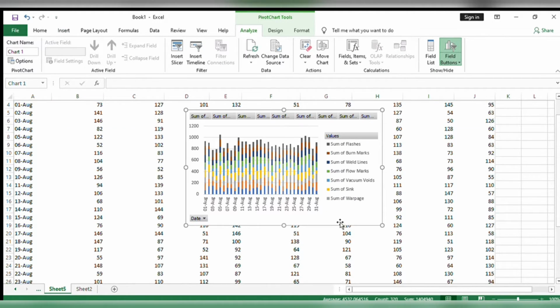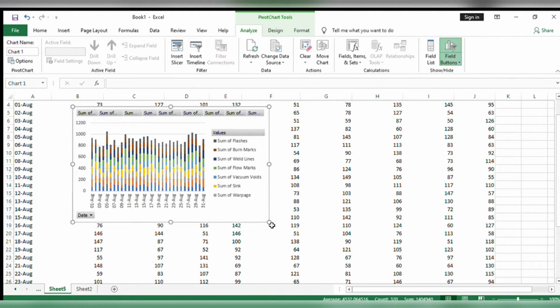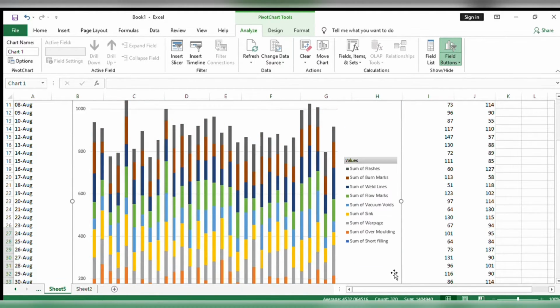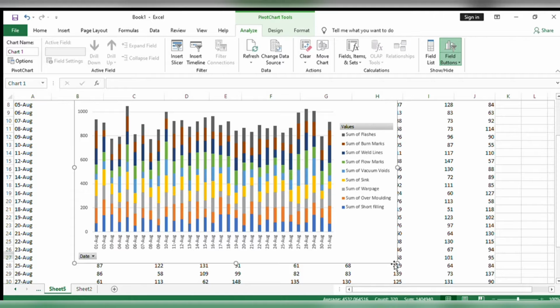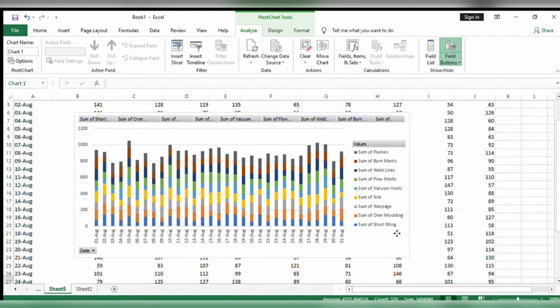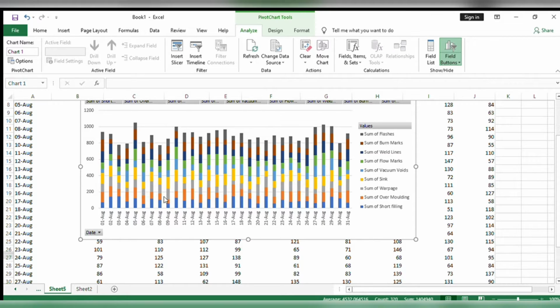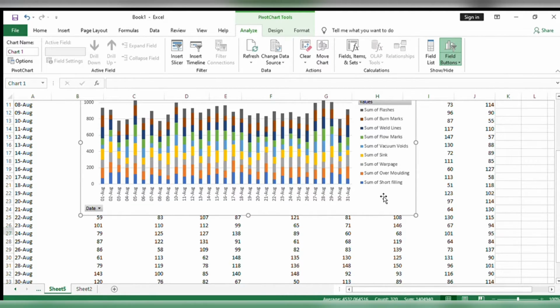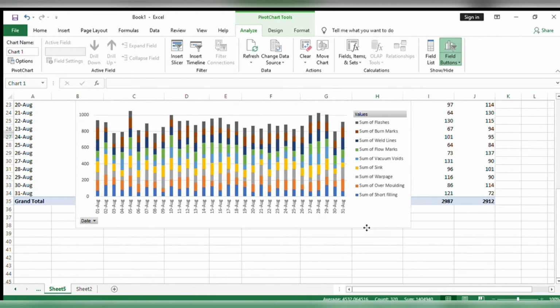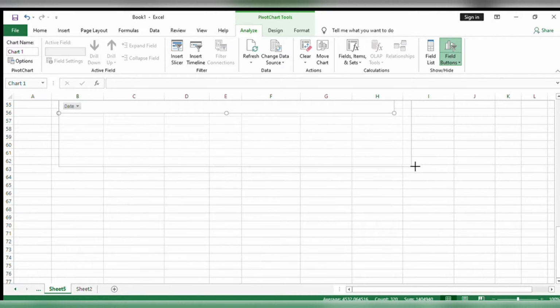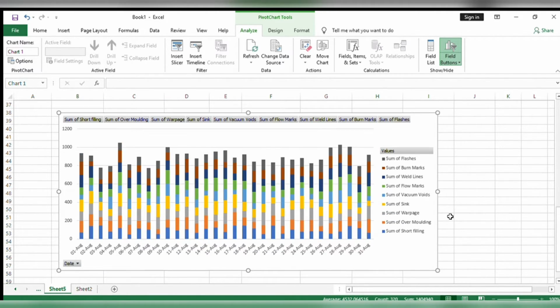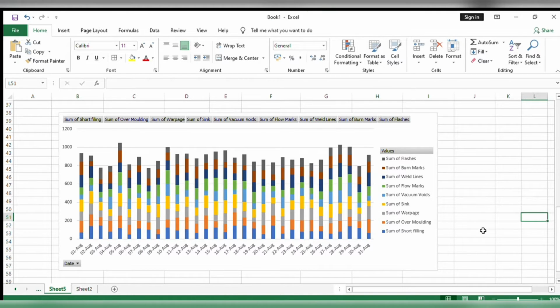Okay, so as we can see, our chart is ready. The chart is here. As you can see, the data is being displayed over here. Let me just take it to another place so that the visibility will increase. So as you can see, if we generally plot, the data will be visible in this way, that on 1st of August these many defects were available.